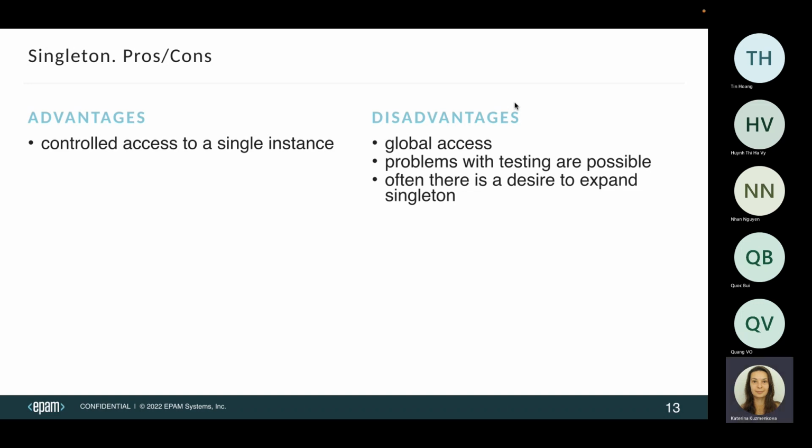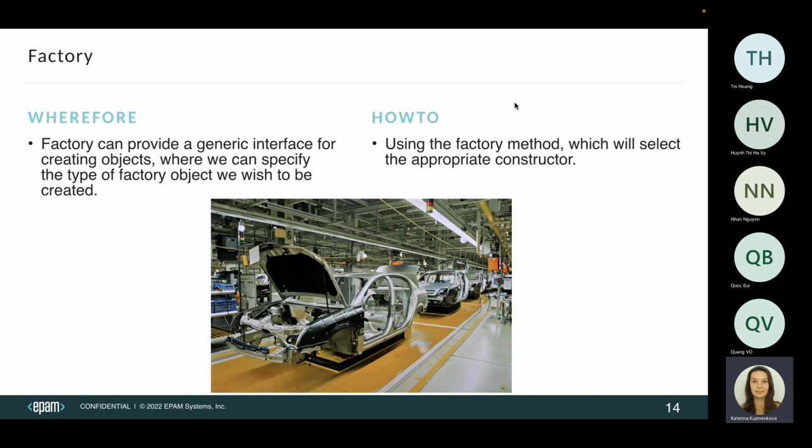So, and if we would like to talk about the factory pattern, so